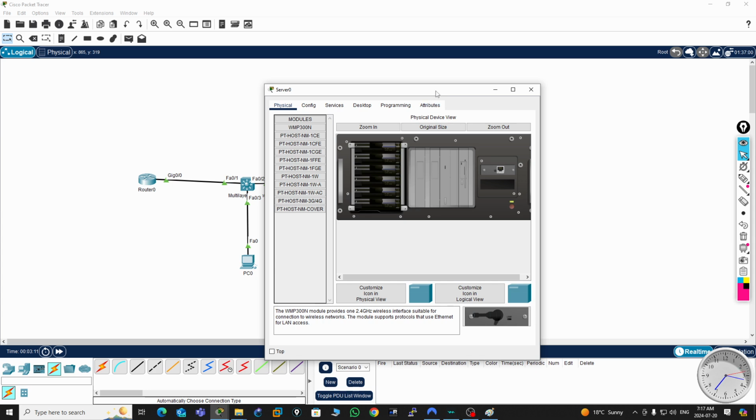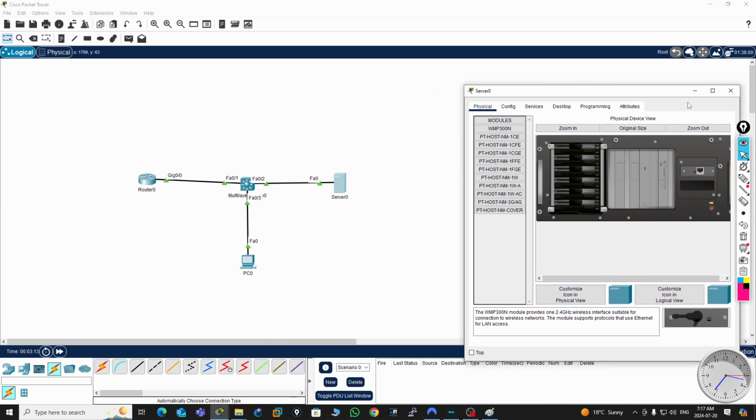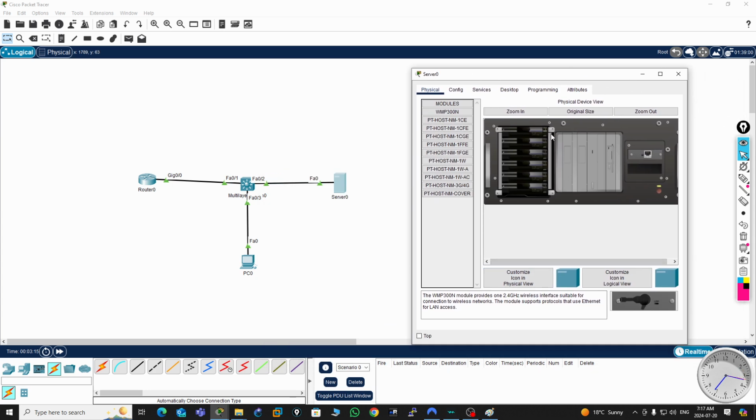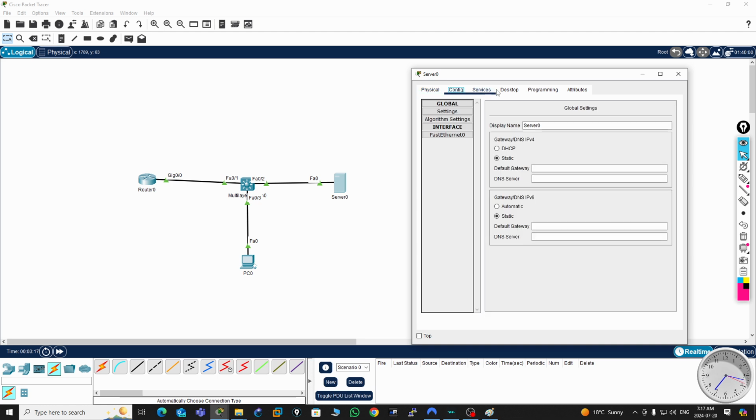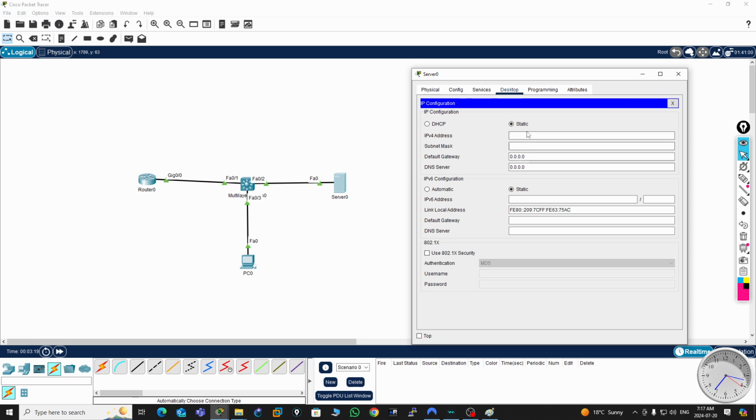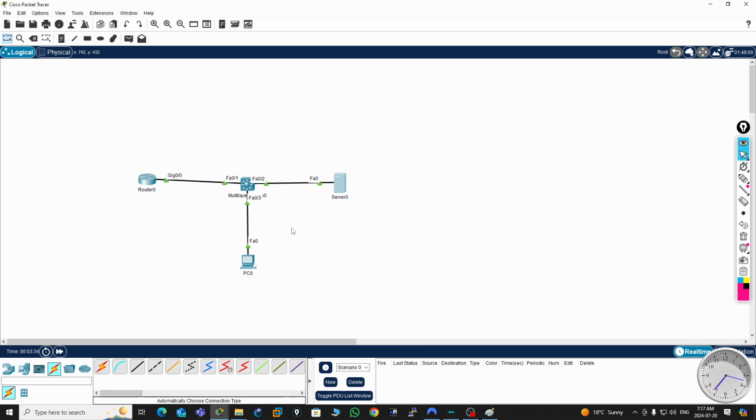This one, the server, is going to be 10.200. Okay, DNS server. Stop right there,